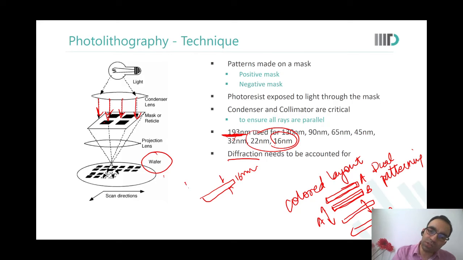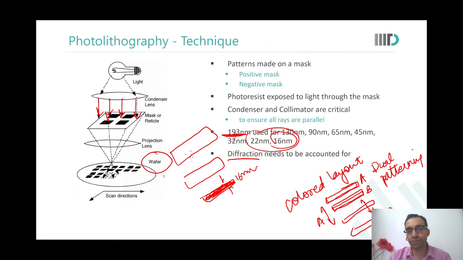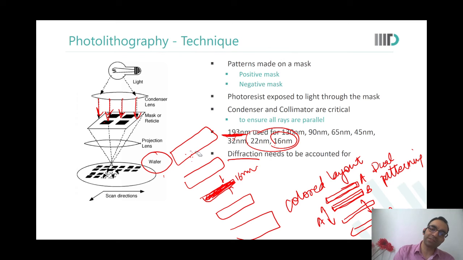So what you do is you also make slits here, so that the light diffracted from here will also reach here and expose the photoresist down here. So this is called dummy poly. So we are basically doing some technique within the same mask itself. Yes, this is all optics.